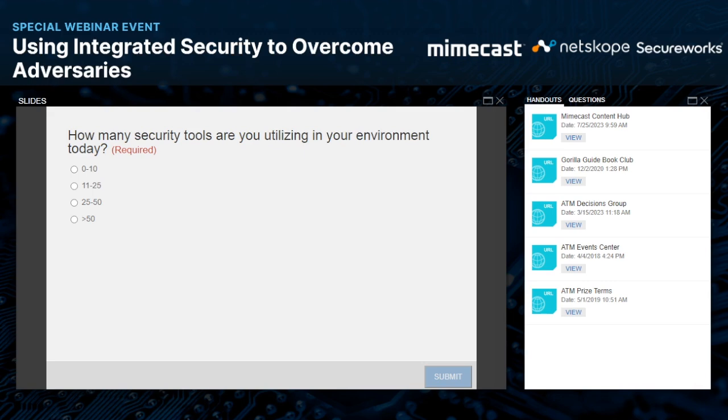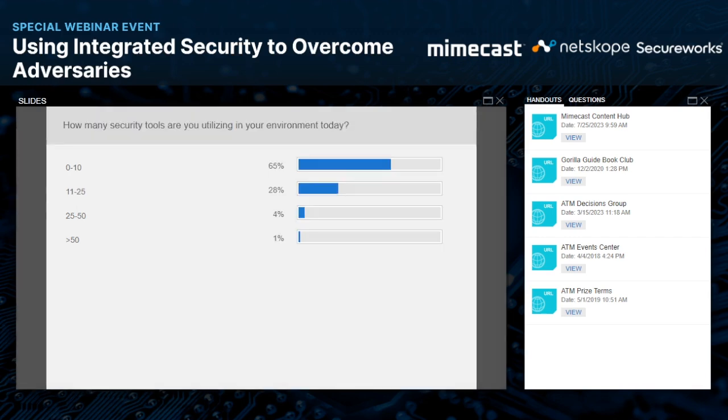All right, I'm going to show you guys the results from this poll here. Let's take a quick look and see where you guys are all at. I'm sure you're curious. It looks like we've got the vast majority in that 0 to 10 range, and then the second one being a little bit in the 11 to 25. That's kind of interesting. It shows that a lot of you are putting a lot of effort and energy into this kind of efficiency, in terms of maybe a little bit less is more. But then the question remains, are you using the right tools? Are you using them in the right way? Are they communicating efficiently? And there's lots more to dig into with those as well. So really interesting results coming back from that.